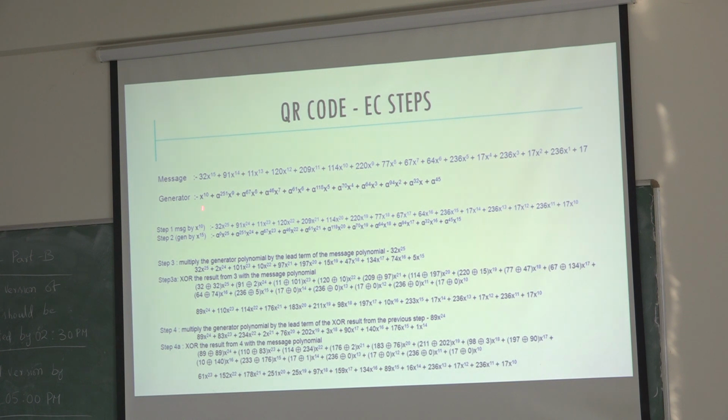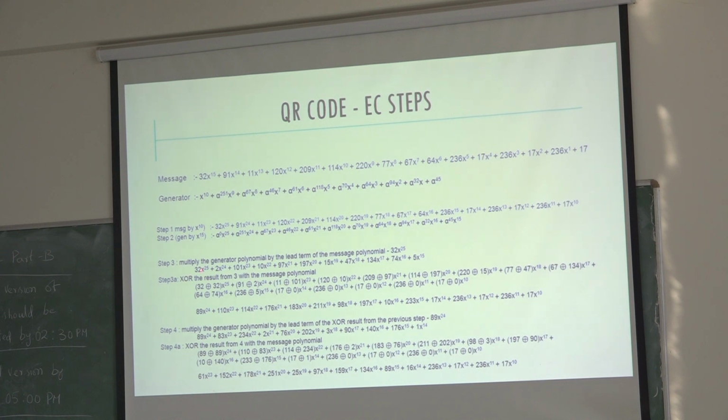The generator polynomial we multiplied with x power 15, which is a maximum, that means 32 x power 15, which is the first coefficient of my generator polynomial, that means the MSB coefficient. After doing this, multiply the generator polynomial by the lead term. This is the first step actually: 32 x power 25 plus 2 x power 25. This alpha power 0 is nothing, 32. After we get this step, we have to preserve it for the next step.